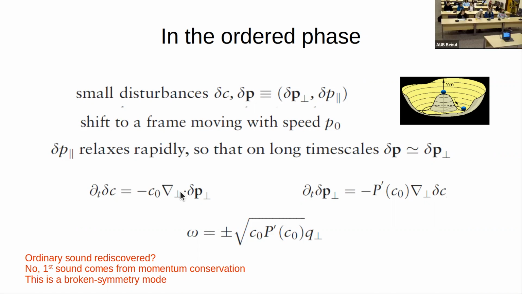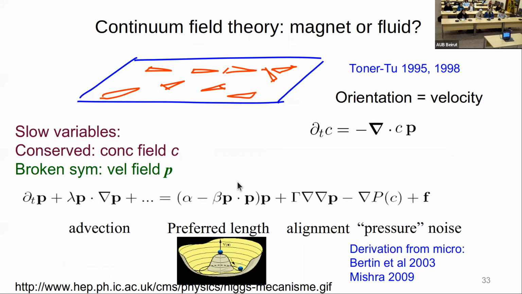Just tell them about, we were telling about the homogeneous solution. So we're now perturbing around. So going back to the Toner-Tu equations. So here are the Toner-Tu equations. Yes. And now a homogeneous solution for these equations with alpha and beta positive is the concentration is any uniform value and P is any vector with magnitude